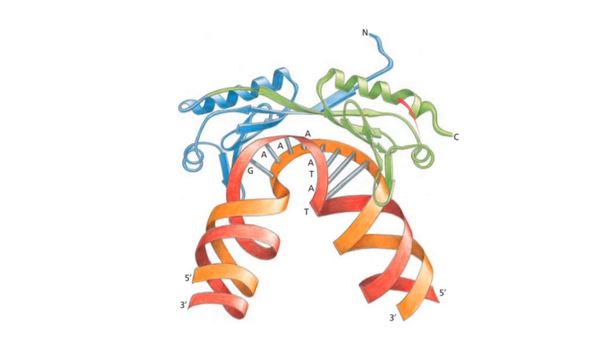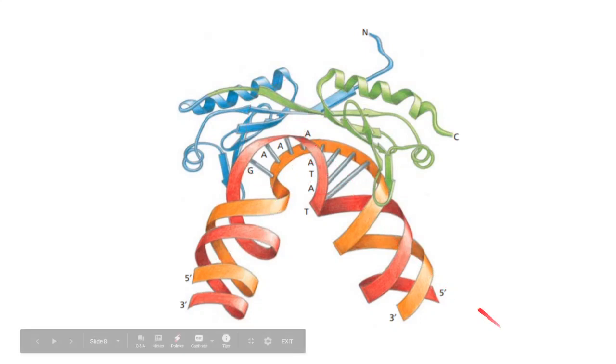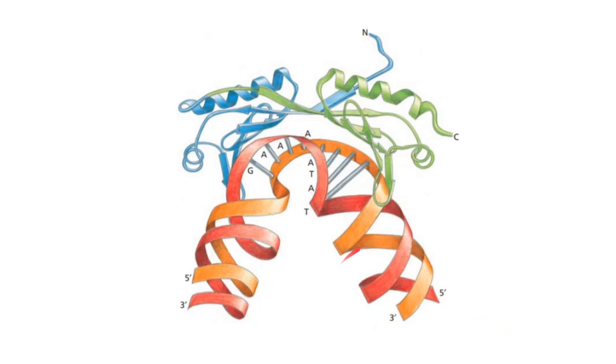And this is the TBP domain, the Tata binding protein. And it's one chain which forms two identical domains. So it's one continuous chain, there's no break here. It's one chain forming two domains. And this is the Tata box, TATA, repeats of T and A. What it does is it recognizes the Tata box, it binds to it, and it creates a double-stranded kink in the DNA. So you see there's a bend in the DNA. They theorize that this bend is required for the recruitment of every other transcription factor involved in the initiation of transcription.